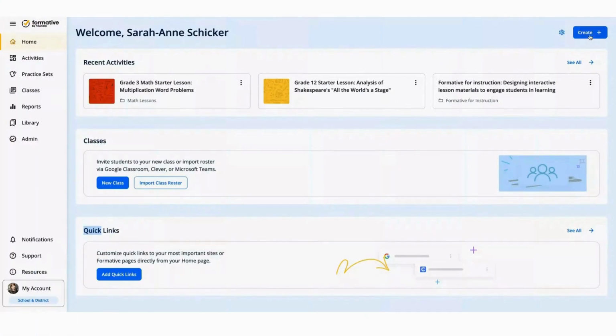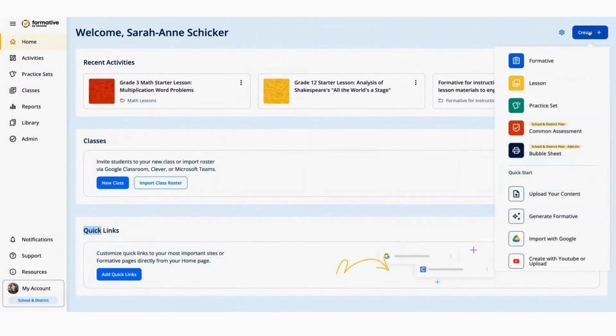Create or select an activity. Build instructional content for your classroom by selecting the Create button in the top right corner of your formative dashboard. Choose from one of the varied creation options, such as creating a new formative assessment, lesson, practice set, or common